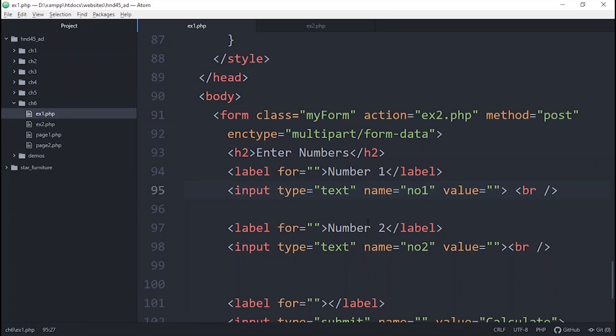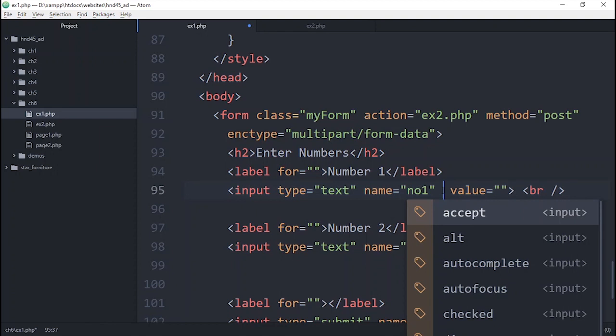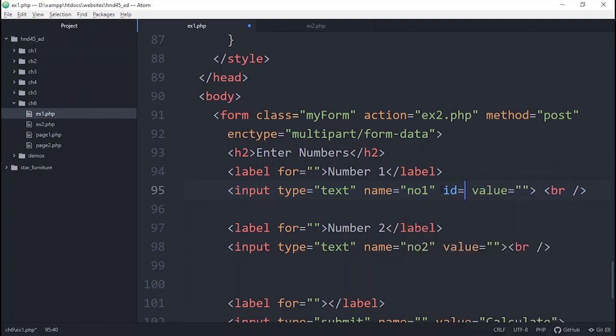Let me talk to you a small thing here. When we are doing a real-time code in the upcoming projects, I will make use of this name as well as I will use something like ID here. And you can see that's displayed in blue color. ID also I will give something here like no1. That is easy for me to refer. What I mean by ID is when you want to write JavaScript to do the validations, we make use of this ID tags, not the name tags. We can do it with the name tags, but we usually do it with the ID tags. So that is for the JavaScript coding purpose only we are using it.